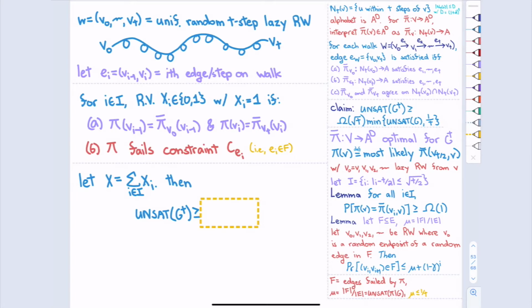So this walk corresponds to an edge in g to the t, right? So let's say that x is something non-zero. So one of those xi's turned out to be 1. If one of those xi's turns out to be 1, what does that say about the corresponding edge in g to the t and whether or not we satisfy it?